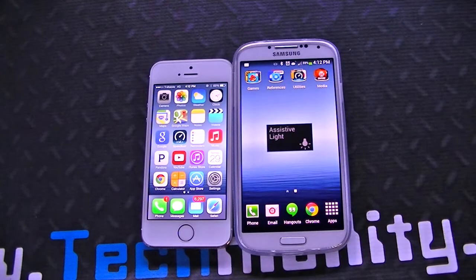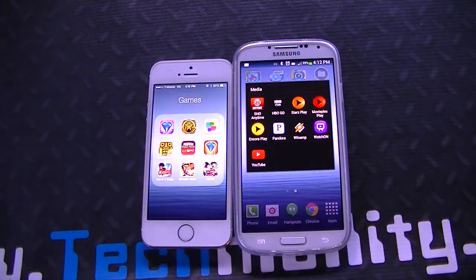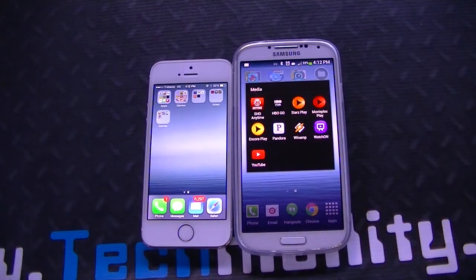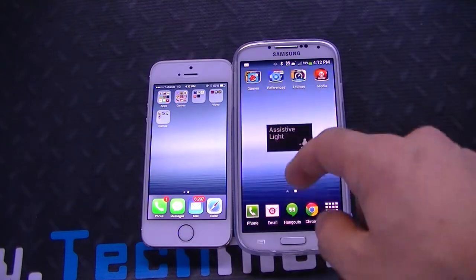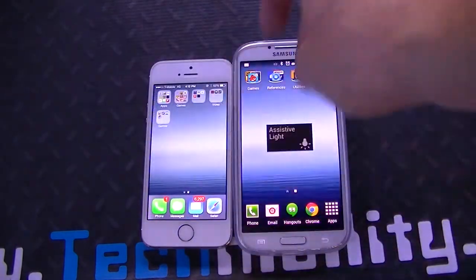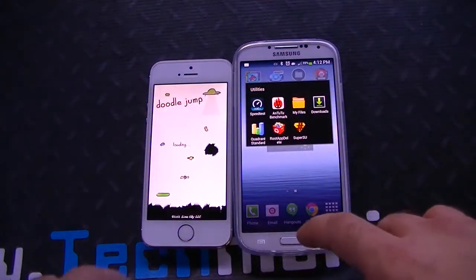In terms of the iPhone 5S, again, the A7 64-bit chip has been critically acclaimed in terms of its benchmarks. It benchmarks pretty well, there's no doubt about that. And you could run various different apps like HBO Go, Showtime Go, and whatnot here on the Galaxy S4. In terms of media, you got the same things going on with the iPhone and iOS 7. All right, so that's basically everything I wanted to cover here with both of these devices.